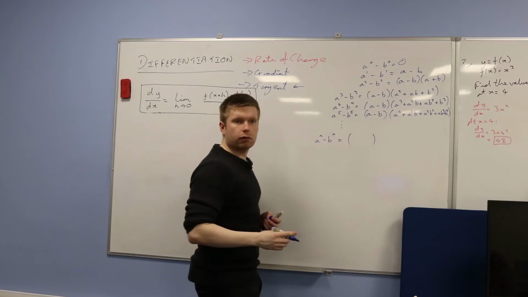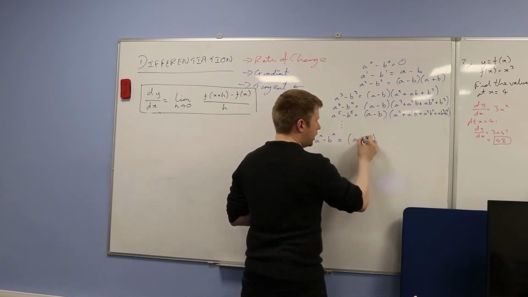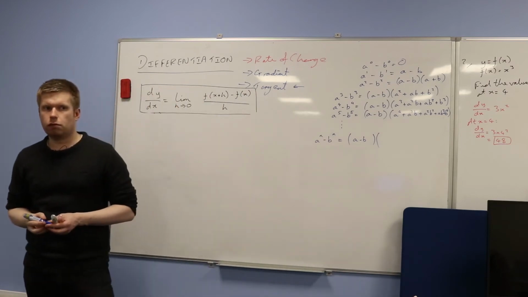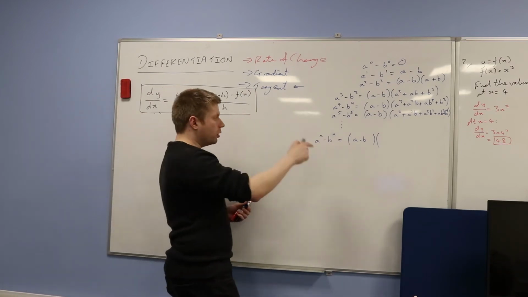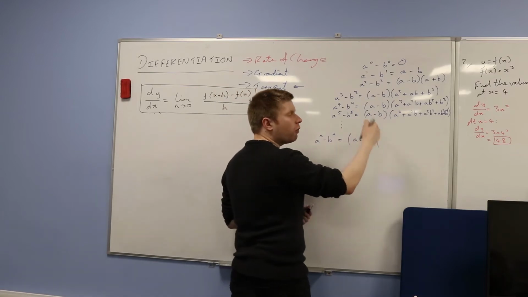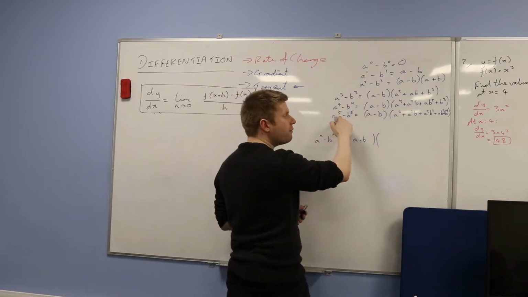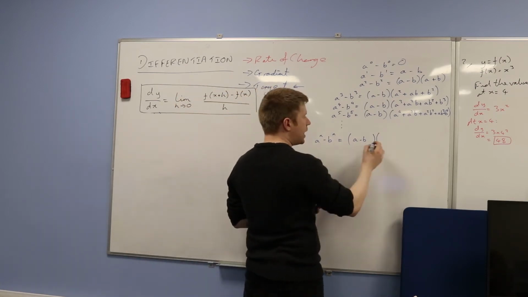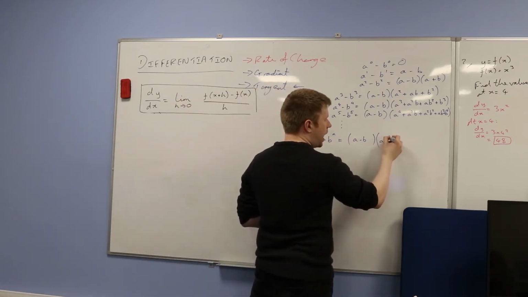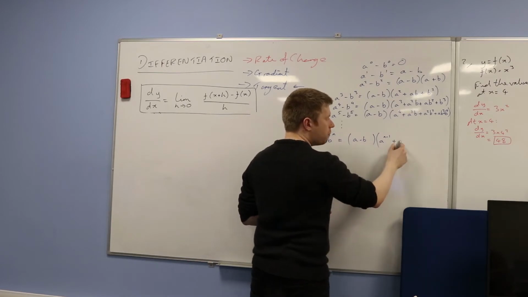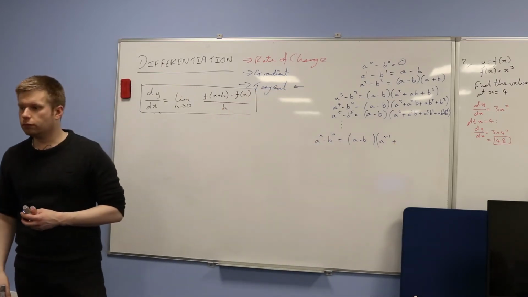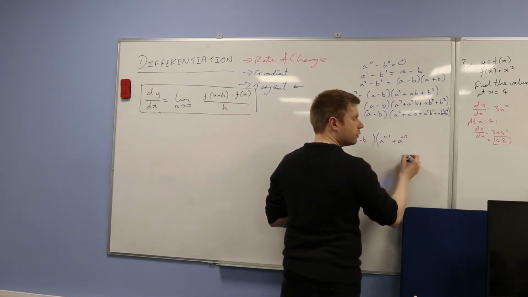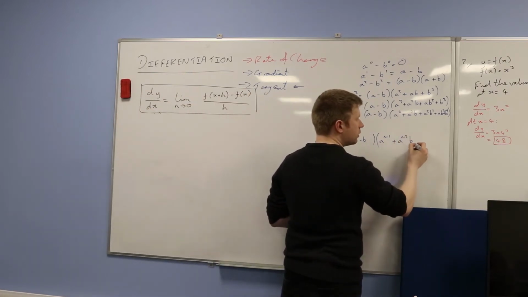What do you always start with? Okay, that's the easy bit. Have a look what's happening in the second bracket though. Good, so whatever the power is, you start off with one less. So if you start off with a power of 5, you'll start off with a power of 4 in the second bracket. Okay, so the power is n, you'll start a off at n minus 1. What comes next? Good. Times b plus,